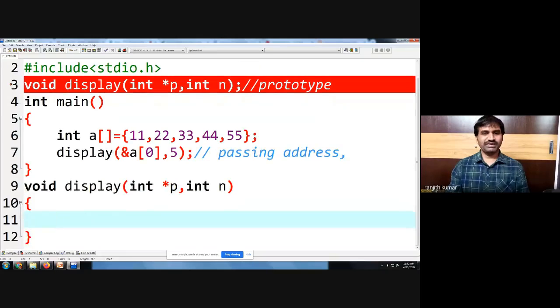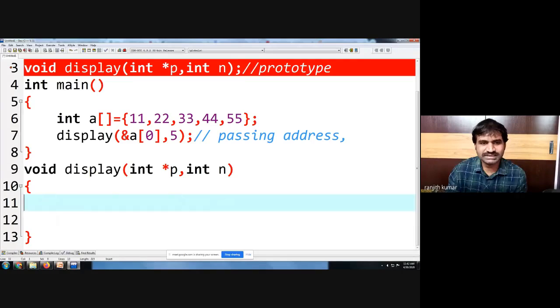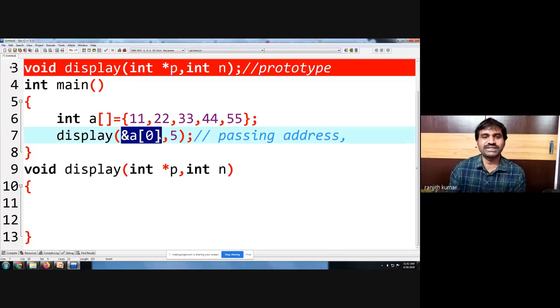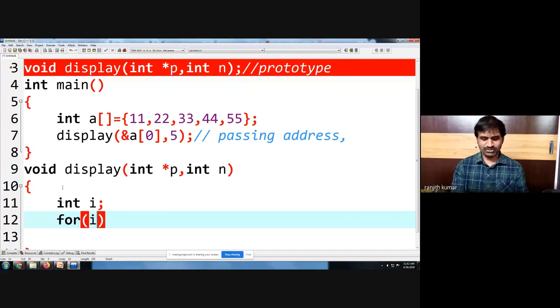Now what will this function do? Please go through the function. Here the starting address, ampersand A of 0, which is the starting address of the array, will be stored in p. Whereas the number of elements in the array, 5, will be stored in n. Are we clear? So here you can write a simple program. We create a temporary variable, for i is equal to 0, i less than n, i plus plus.